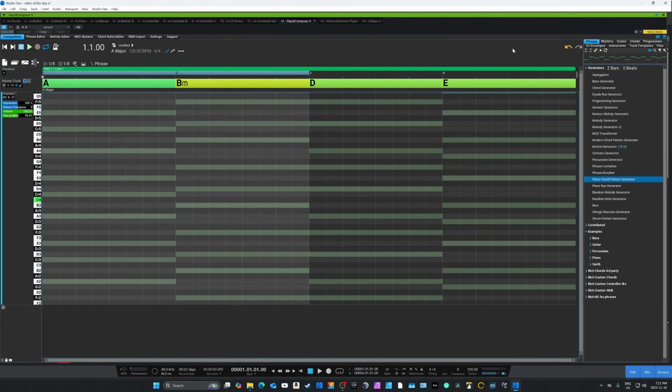Welcome to the video. We're going to talk about generators today. They can be a lot of fun, but they can also be very useful because it generates all these different randomized ideas based on the musical rules that you set up. As you listen to all these randomly generated ideas, you can just stop the process and select the generated